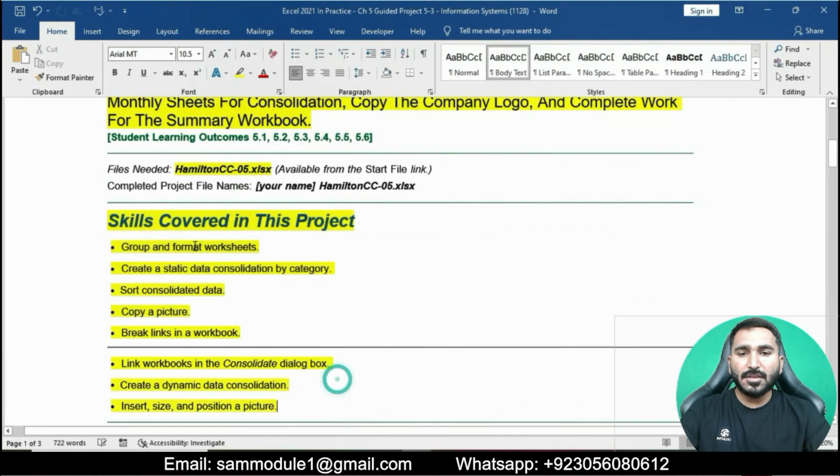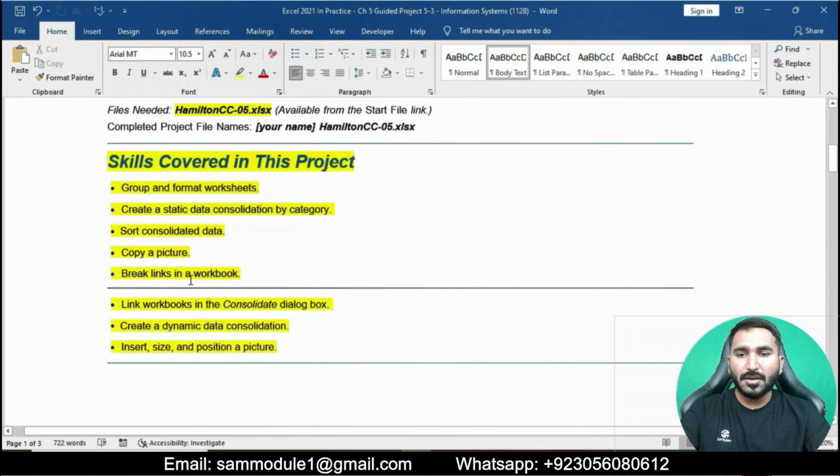Skills covered in this project: group and format worksheets, create a static data consolidation by category, sort consolidated data, copy a picture, break links in a worksheet, link workbooks in the Consolidate dialog box, create a dynamic data consolidation, insert, size and position a picture, position a picture.